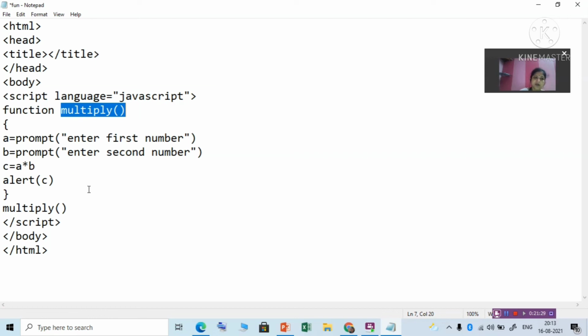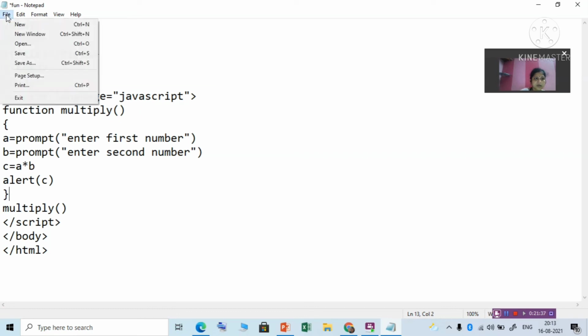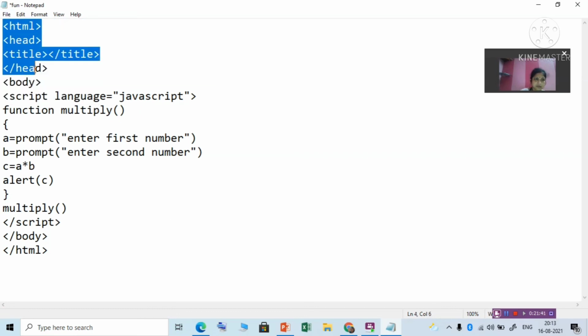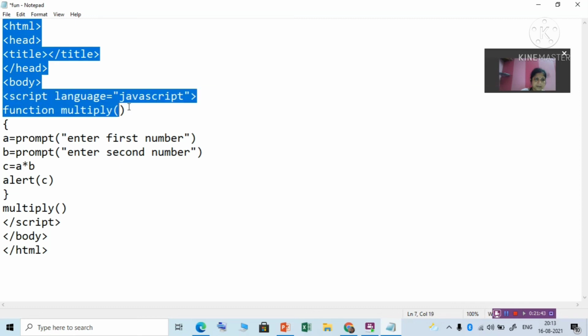You can write functions for, suppose I want to make a function which will calculate the area of a rectangle. Area of a rectangle.